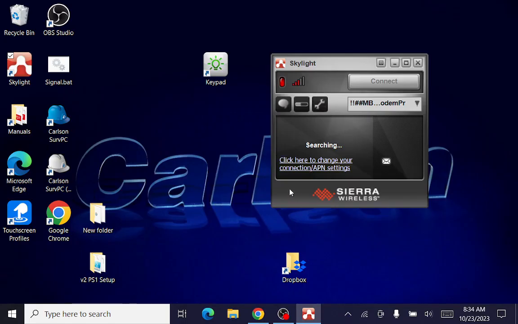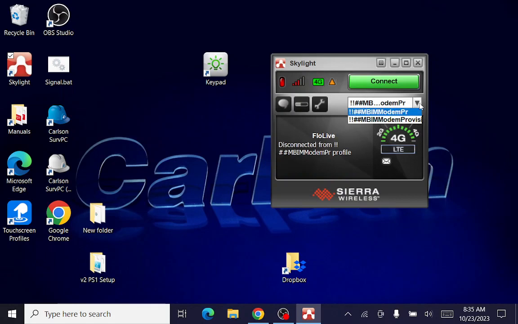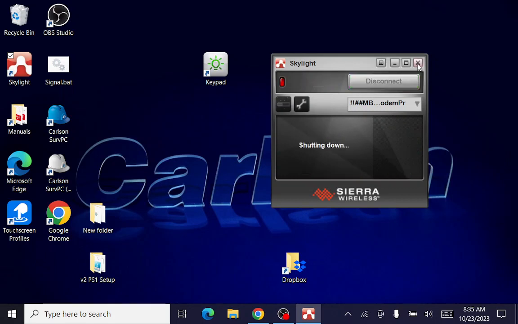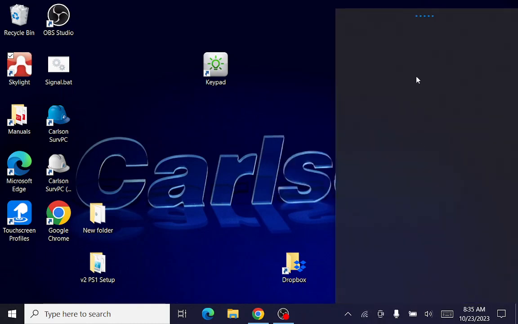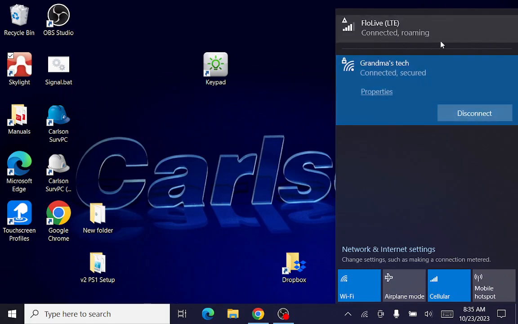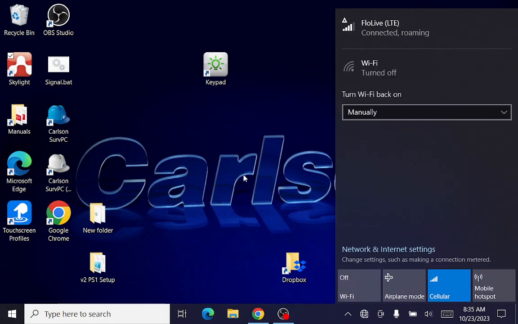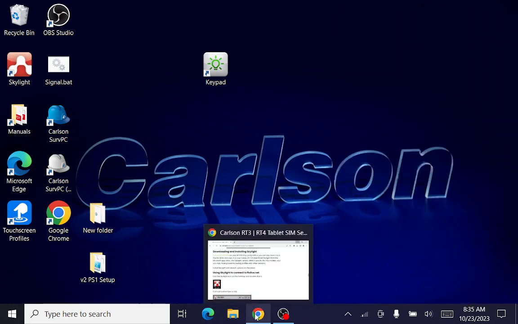Okay. And sometimes you can select the different profile there, and now it shows we're connected. Now I'm going to close that, and we'll go back to this internet settings, and it shows that we are connected now. If you want to test that, we can turn off Wi-Fi and then browse the internet